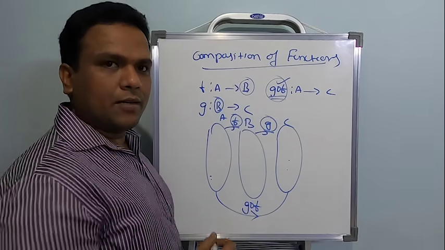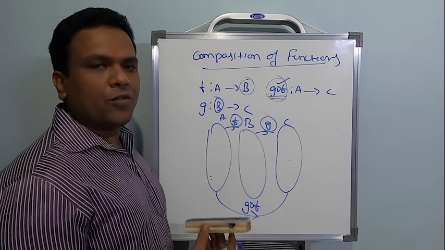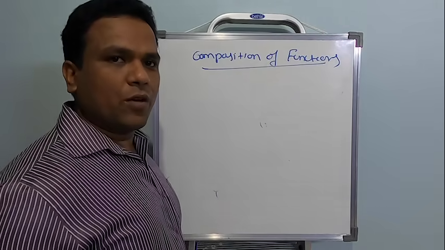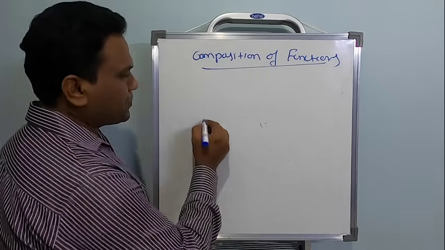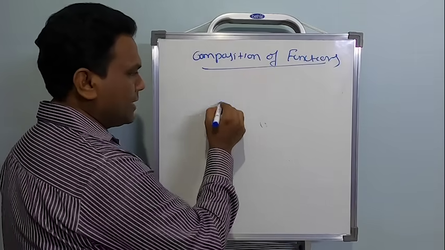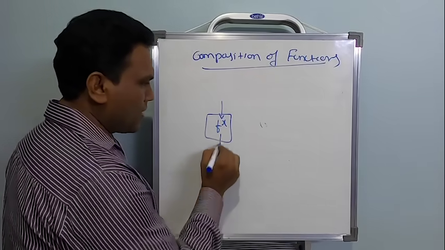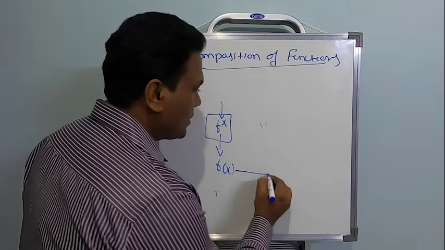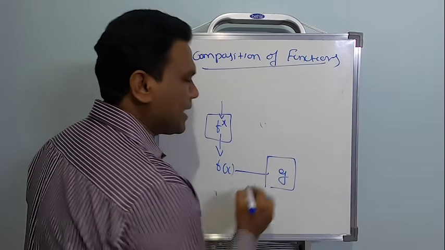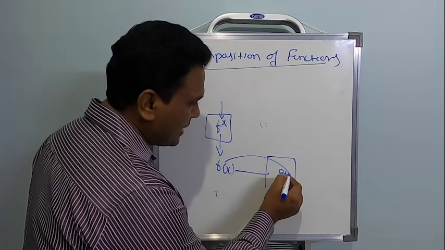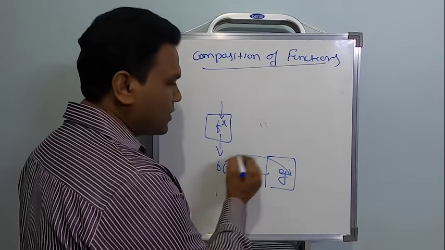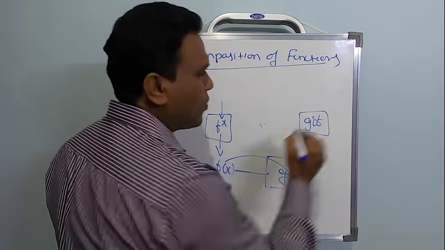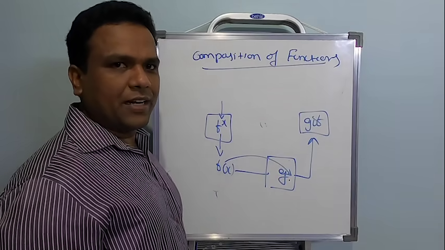I have explained everything here also, but there is one beautiful diagram just below this to understand why it is called GOF, why not f of g. So there is a function f. Into this I am going to send x. Outside of this you are going to get f of x. This f of x will go to another function called g. So f is going inside g, and the outcome will be named GOF, g of f of x, the full form of reading.